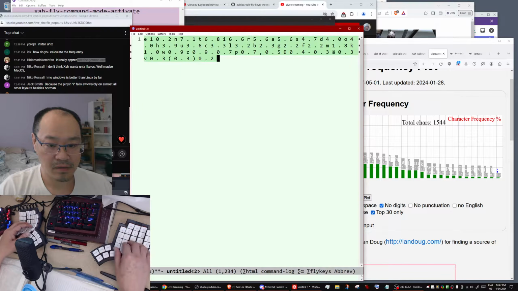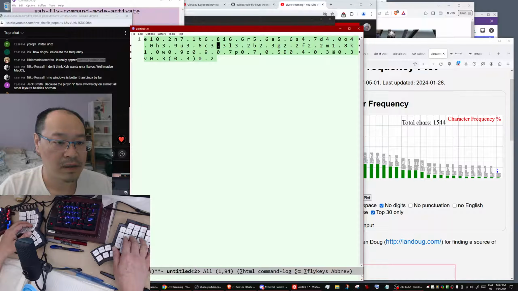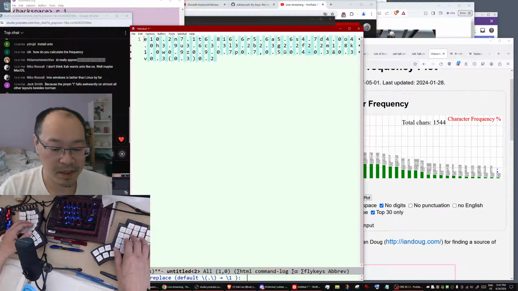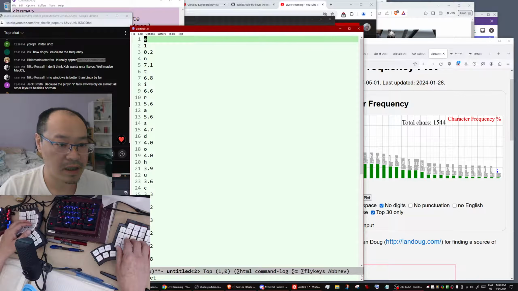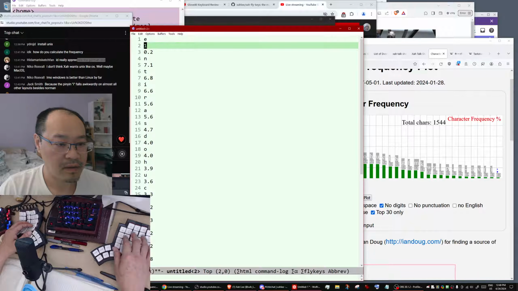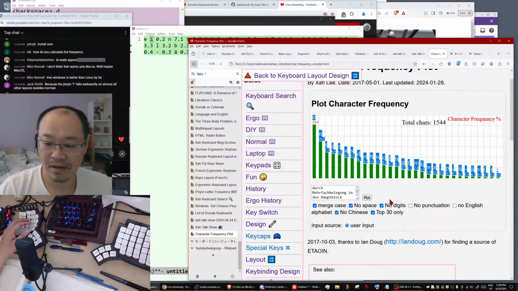Okay, then you make each one into a line. Then you replace space dot space by just dot. Okay, let's try again. Space dot space by dot. Okay, then you make it into a line like that. Okay, wait, this is bad. Let's do it again. Copy,